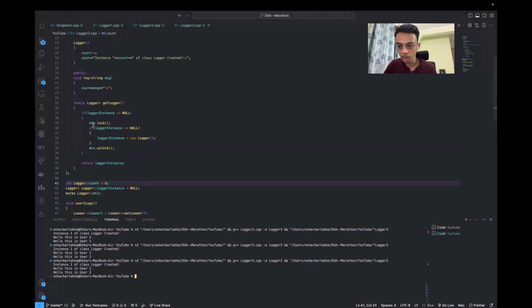So this mechanism is called the thread double check mechanism, in which we are doing the same if statement check inside the if statement, but the difference is that the inner if statement is checked after applying the lock. So when we are inside the block, the thread has the lock. This block will be executed by only a single thread at a time, as it is inside the lock. So our problem is solved. So this is how the singleton pattern has been implemented.